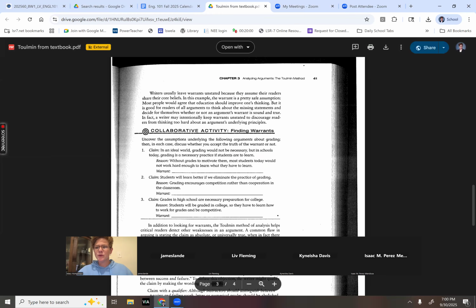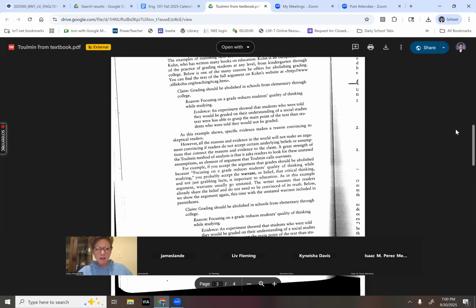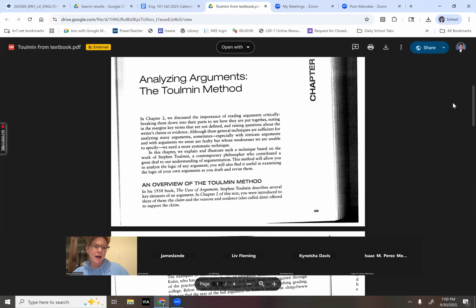But just an overview, the Toulmin model of argumentation, like I said earlier, is the most common method of argumentation in that it's what we teach in almost all of our English courses, middle school all the way up. Sometimes though, you may not have heard the same terminology, like warrant might be a new word, backing might be a new word. But I promise in some way, shape, or form, your teachers have hammered the skills of the Toulmin model of argumentation. And I know specifically our debate program does utilize the Toulmin model of argumentation as well.